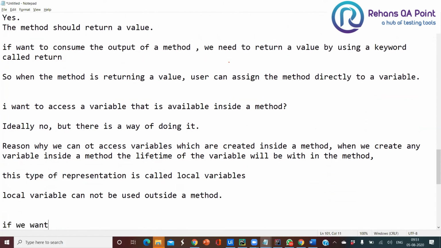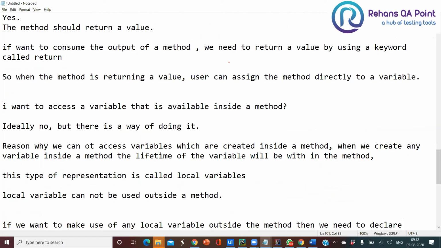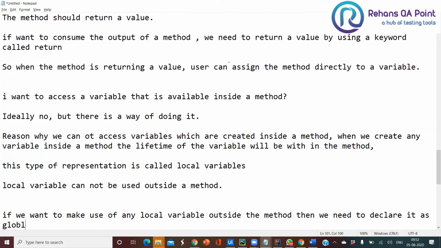If we want to make use of any local variable outside the method, then we need to declare it as global by using a keyword called global. Just use your global keyword, create your variable, and then assign your value to it. Then we can make use of your global variables wherever you want.